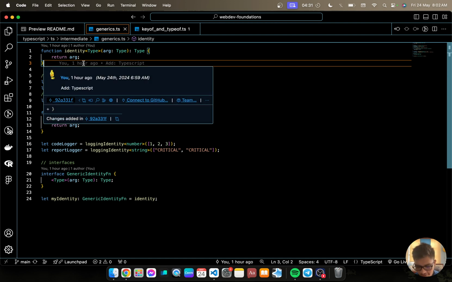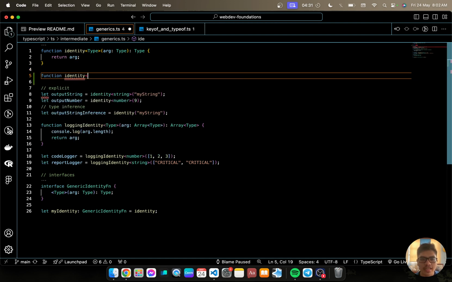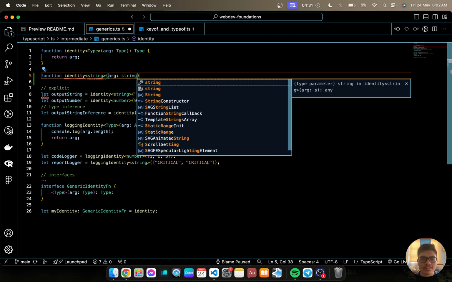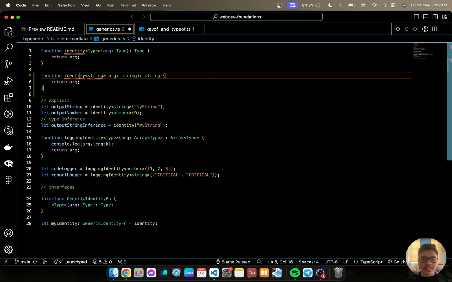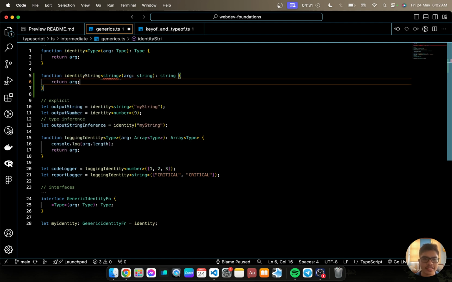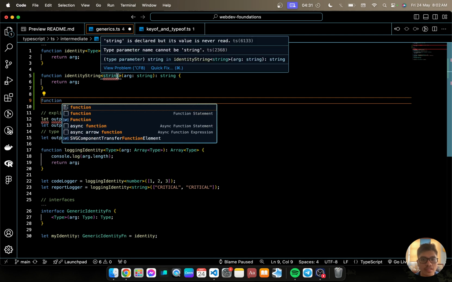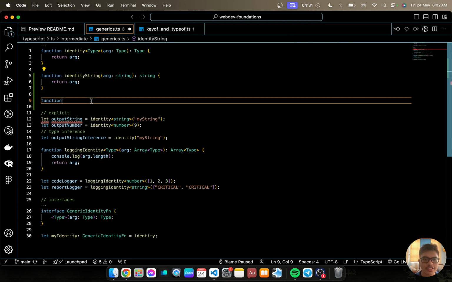So instead of creating function identity string, arg string, string, return arg, identity string function. Okay, let's remove this function.